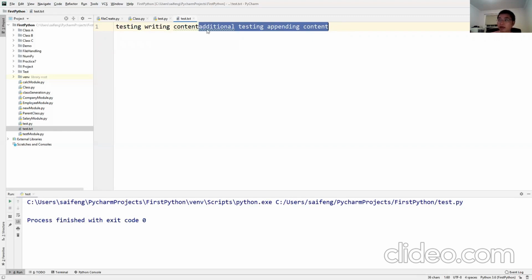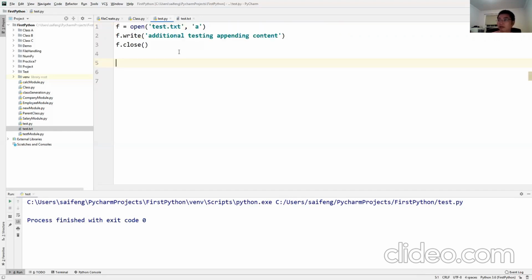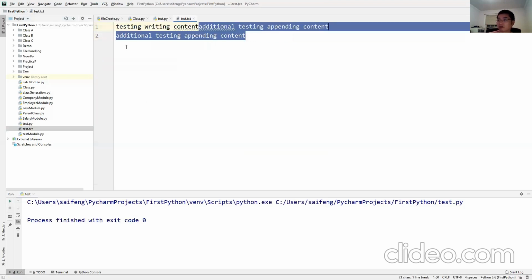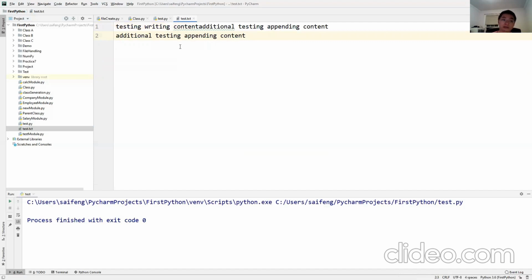It is writing to the end of the current content. Right? And of course, you can run again, but to be able to have a line break, I put \n. So \n in most of programming language means a new line. Now if I run the code and come here, you see it has a line break.